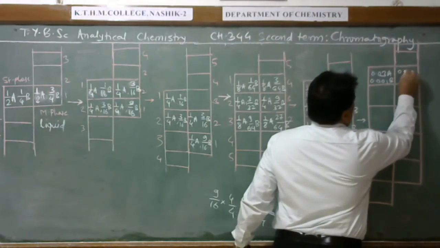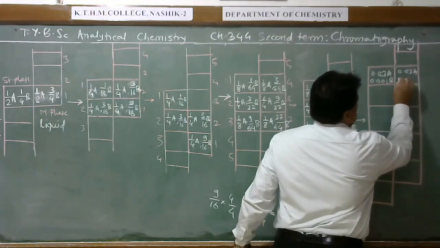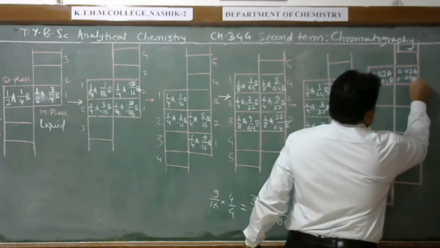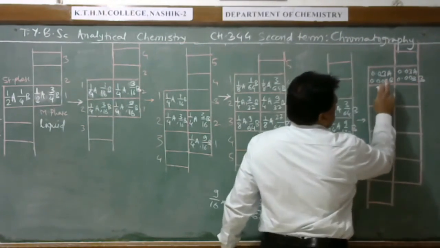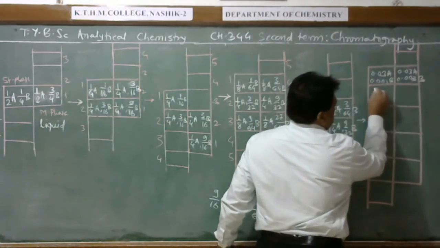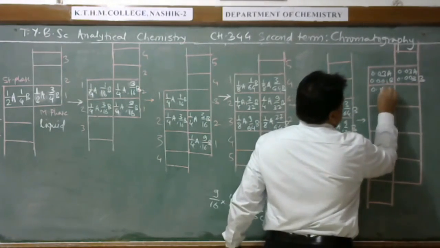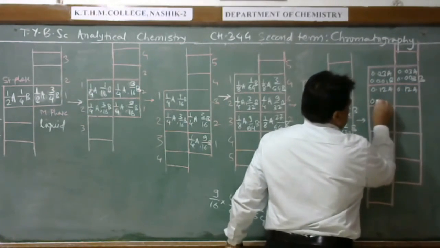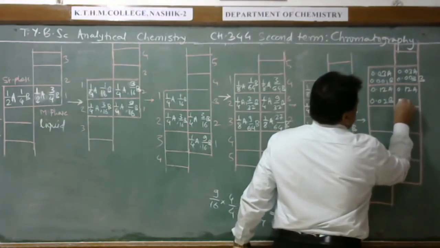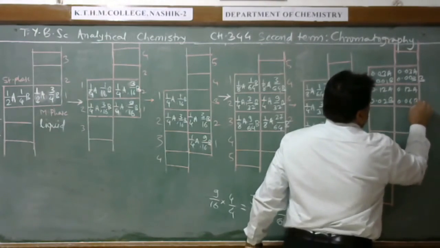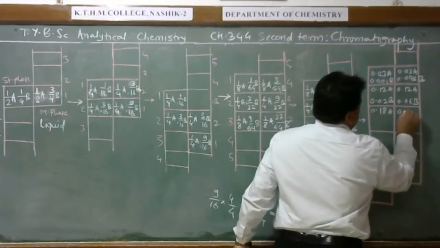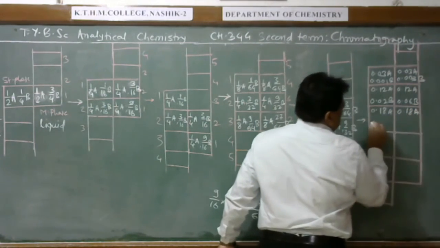Here 0.03A and here 0.003B. That is 25%, 75%. Therefore here again 0.12A, again 0.12A, here 0.02B, here 0.06B, again here 0.18A, 0.18A, here